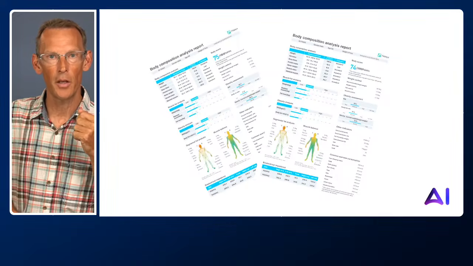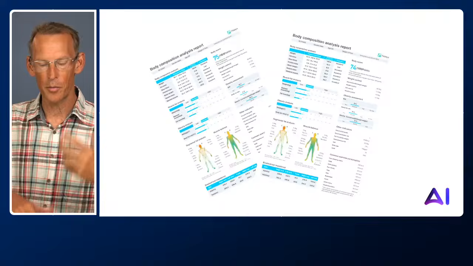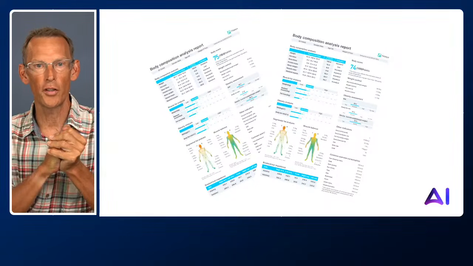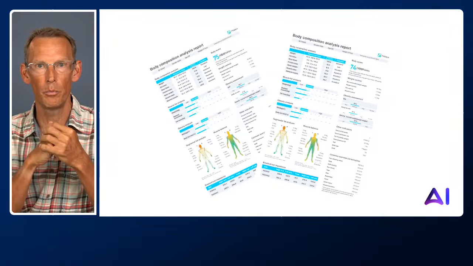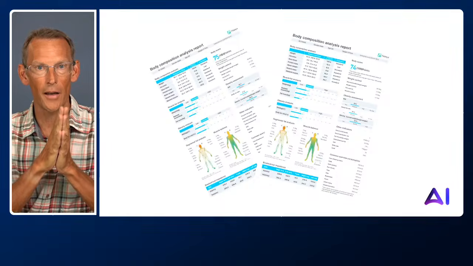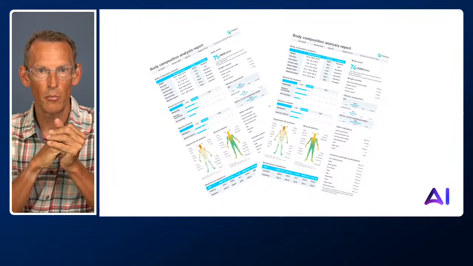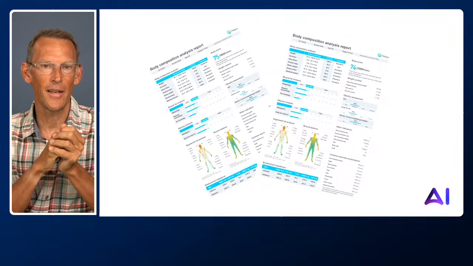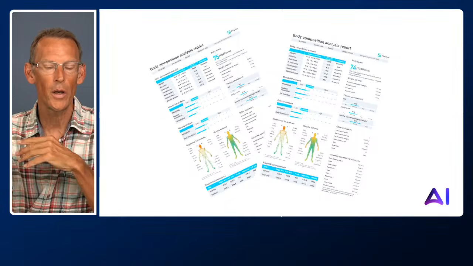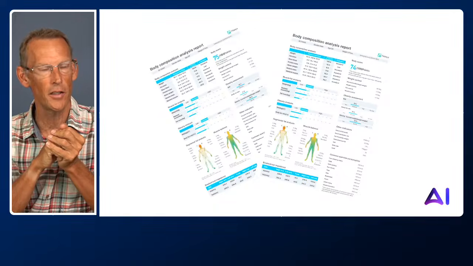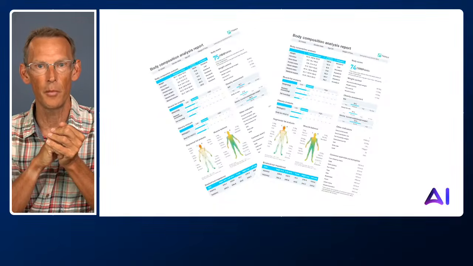Every week it tells me the trends in things like my fat mass, my visceral fat, my skeletal mass, which is particularly useful for me because I was diagnosed a few years ago with osteopenia. Being a cyclist, it's very common. And I've done a lot of things to counteract that now. And these reports tell me that my bone mass is pretty good. So, well, pretty normal. So we can take data like this, that could be a PNG image file, we can upload it to ChatGPT and it can read all the numbers. I think it's fascinating how it can read these numbers, analyze this and give us some useful feedback.